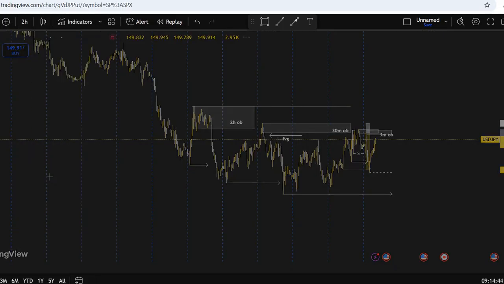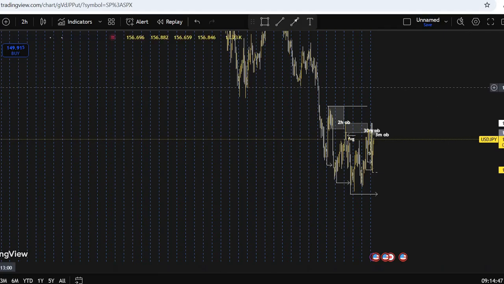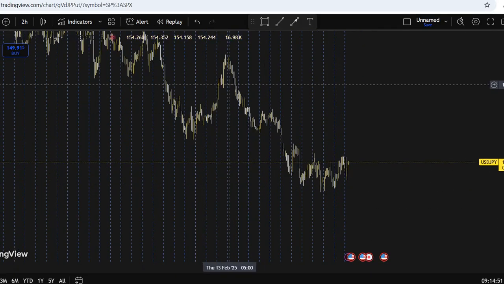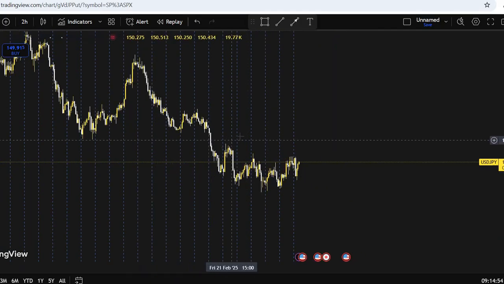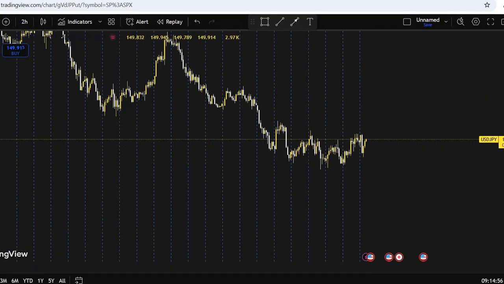My higher time frame was, I started from 2 hours. If I just remove all these drawings, you can see price was on a downfall, right? This was a bearish trend. So on the 2 hours,